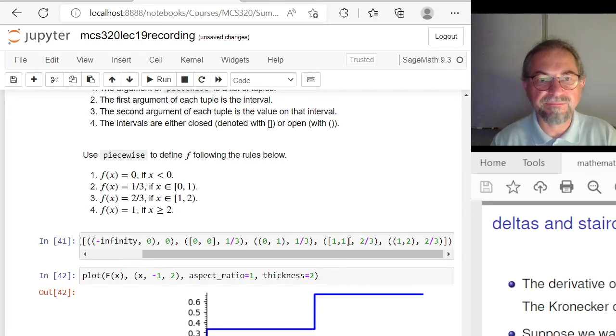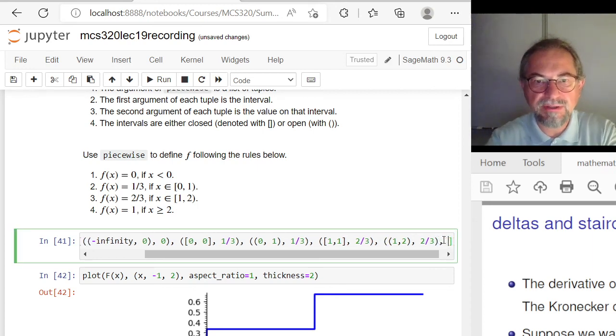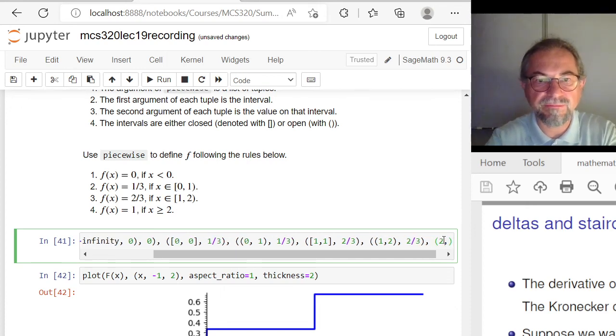So that's an interval that has only one point in it. So it's a little bit more typing, but it's more general. So let me do the last interval. Well, actually I have 2 more to go. At the point 2, I also have the value 2 over 3. And then the last